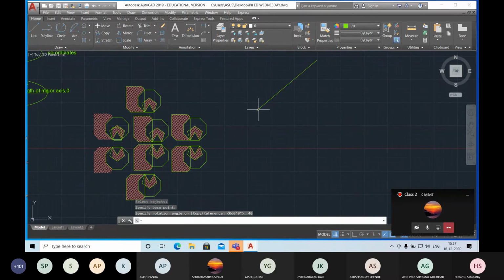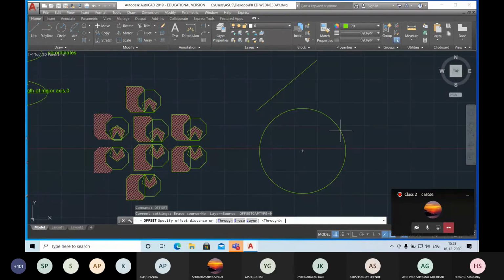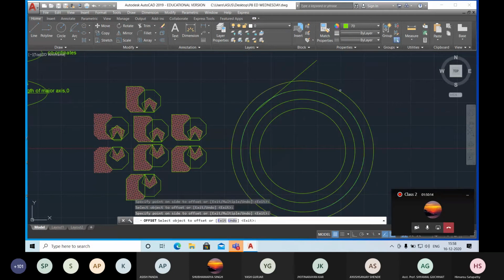Okay. Similarly, if you want to draw offsets, offset means parallel lines. If you want to draw some parallel lines, then you can go for the command offset, enter. When you press offset, it is asking for the offset distance. If I mention offset distance 25, simply select the circle and click wherever you want to create an offset parallel line, you can create on that side.